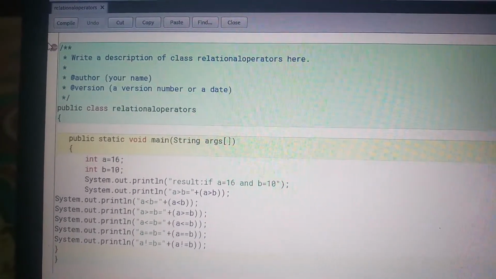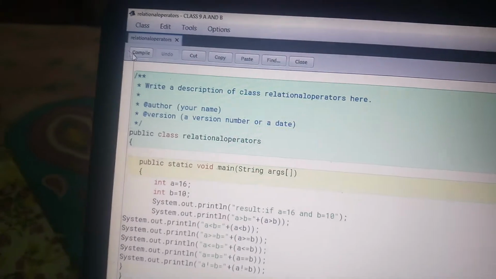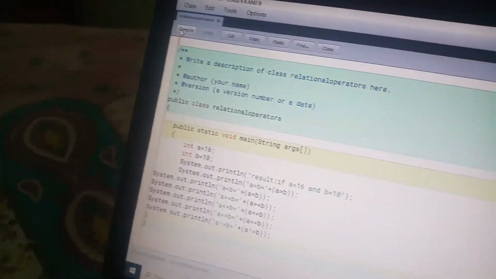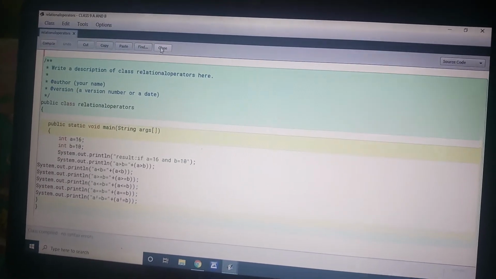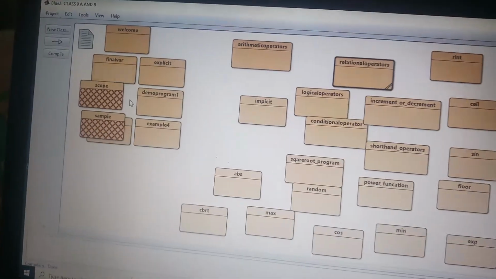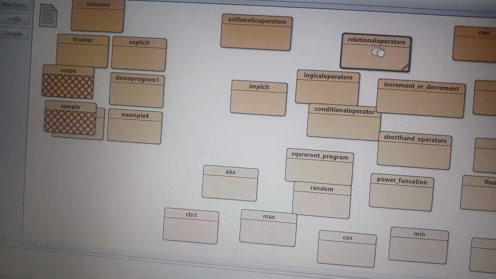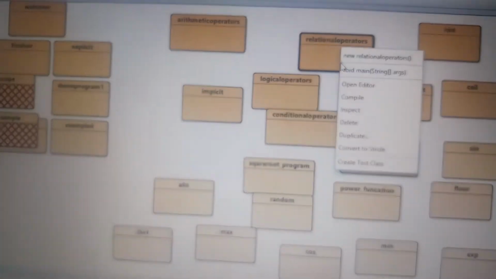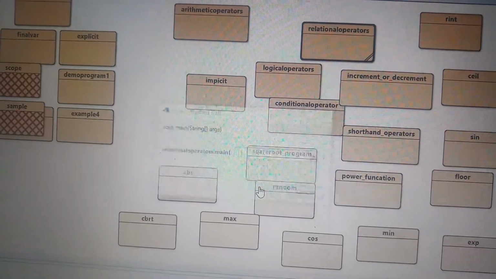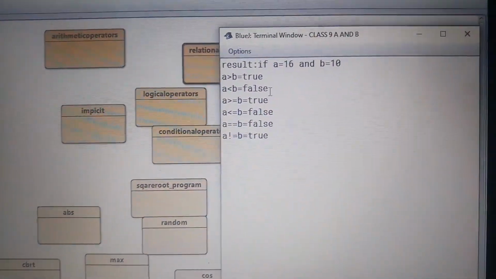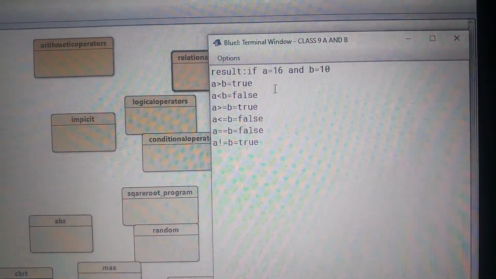not equal to B. Now see what next is, we have to compile, and after that we will close the program. See the output. Now if A is greater than B, it means true.